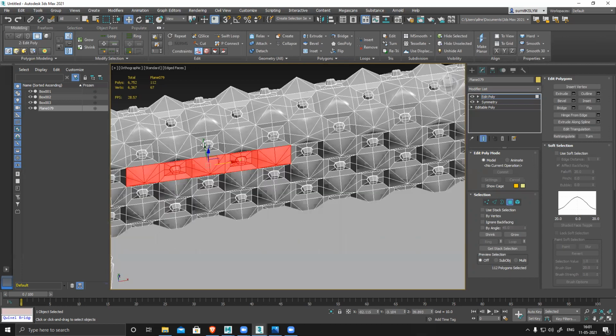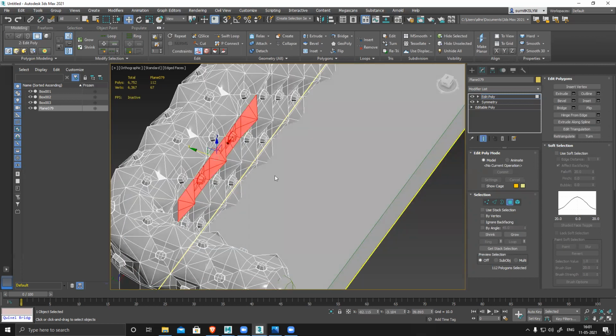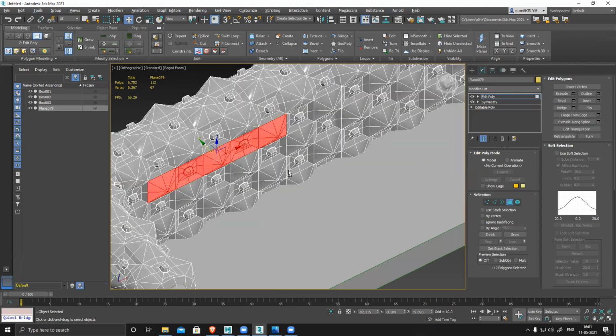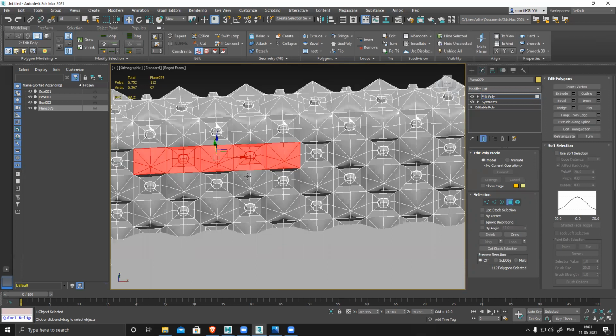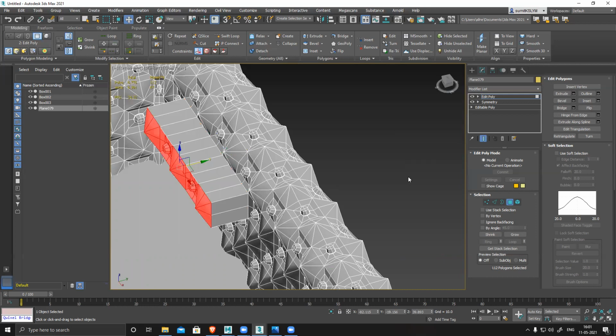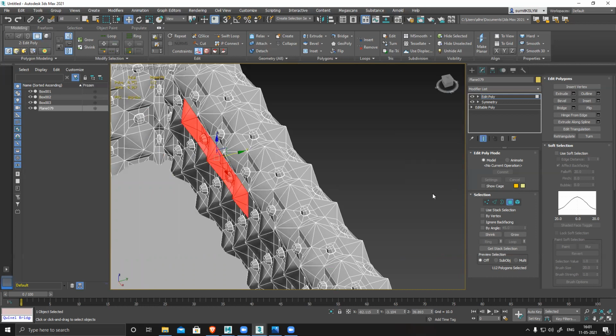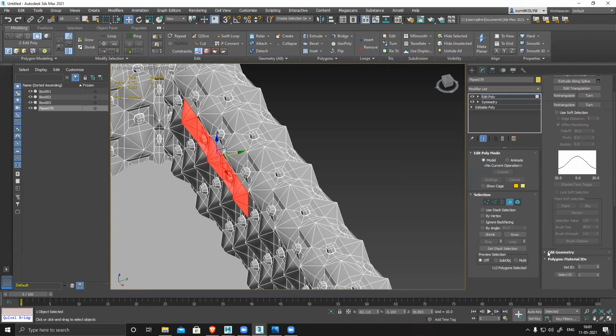This thing, shift. You can see now if you shift and drag, it will extrude, but I don't want to do that. That option is no longer there. Previously, in older versions, if you selected any face and shift-dragged, it used to create a duplicate of the model. Now they have removed that option. I don't know why.